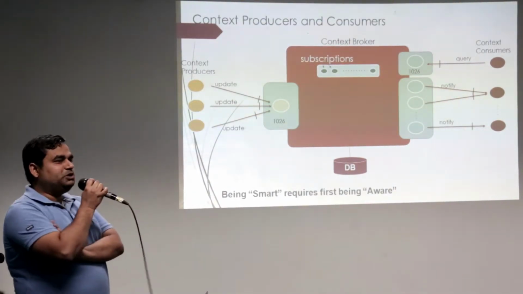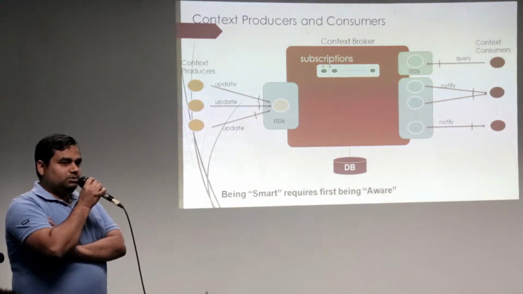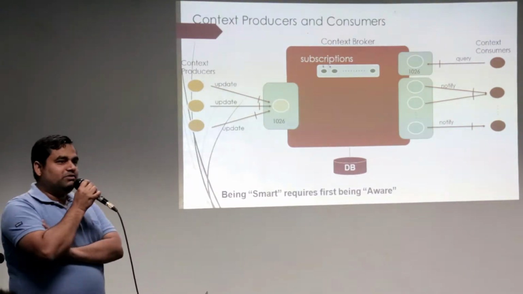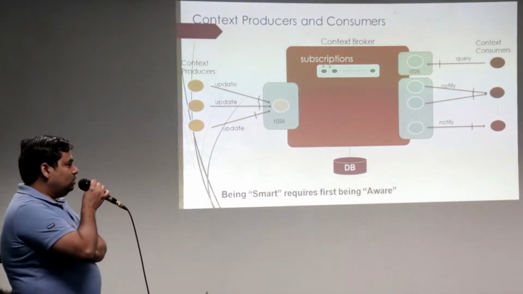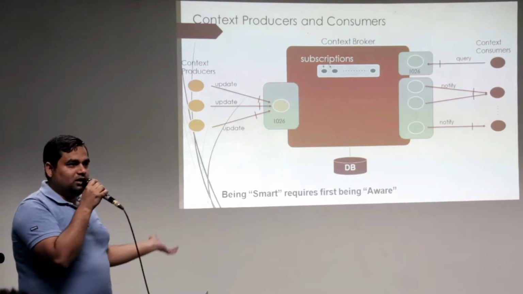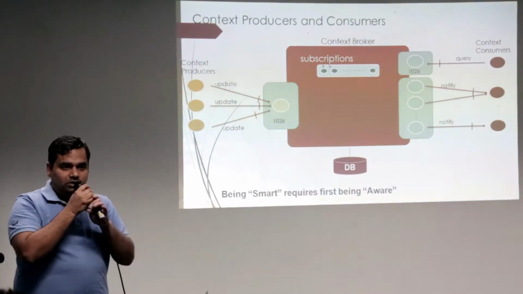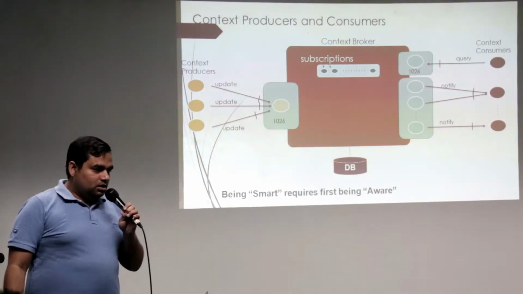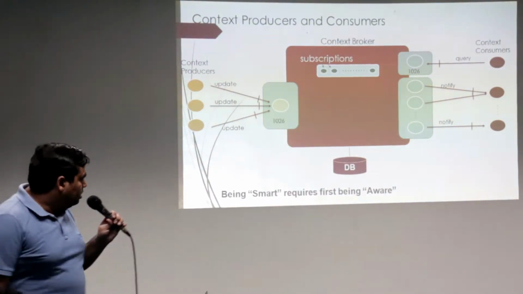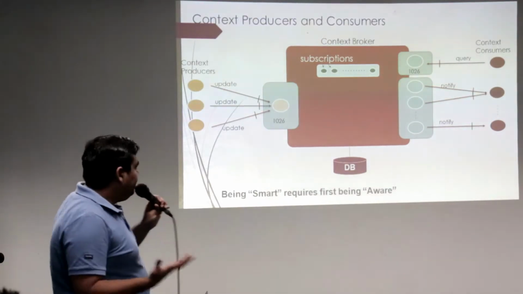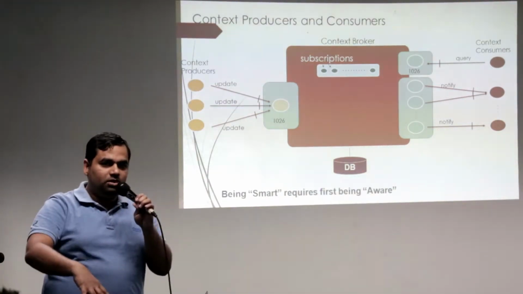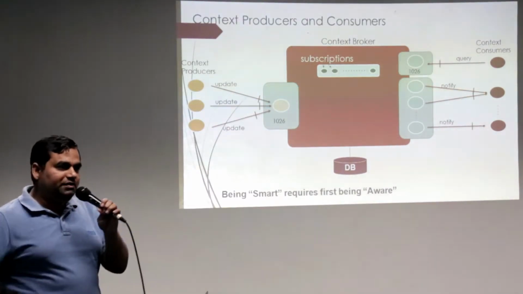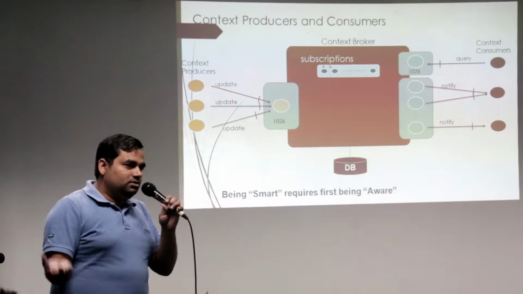Then there is a subscription mechanism as well. Let's say you would like to subscribe to the temperature of this room. For instance, you make a smart AC system here. You feel cold and you want your AC to turn off automatically. So how can you do that? You can do that by creating a subscription to the temperature in this room, and as soon as there is a change, you will be notified, and you can take action accordingly, whether you need to turn off the AC or not. Okay?